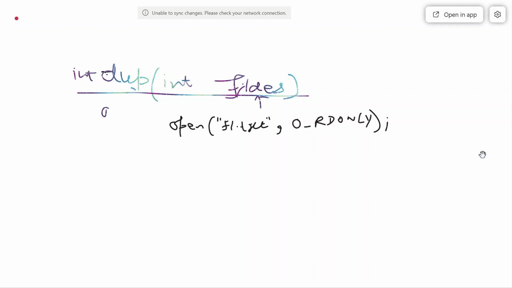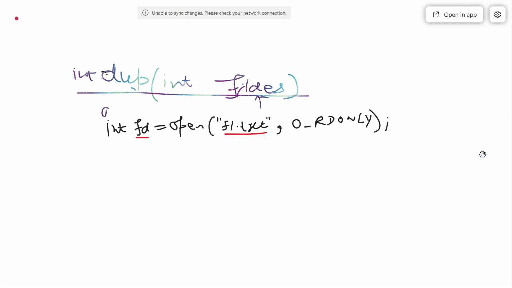Now this will definitely return a file descriptor, which is stored in fd. So f1.txt is represented by this fd.